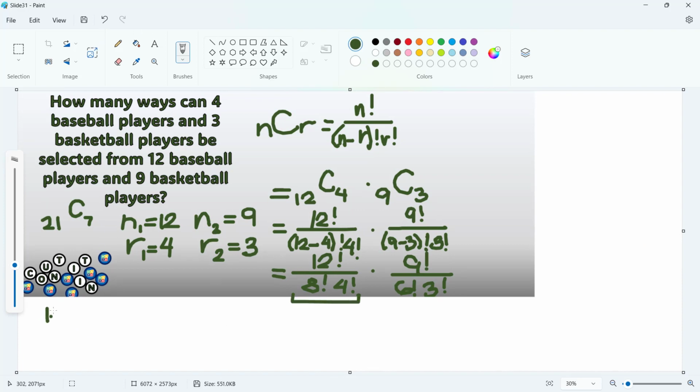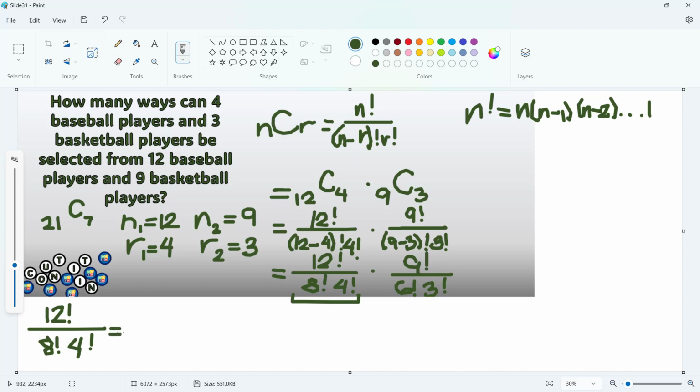You will have 12 factorial over 8 factorial times 4 factorial. We know that our factorial notation can be expressed in this manner. Factorial notation is a condensed way of writing the product of integers 1 to n. So you have n times n minus 1 times n minus 2 until you reach 1. This would mean our 12 factorial here will be written as 12 times 11 times